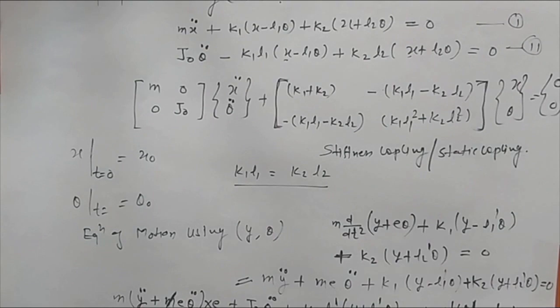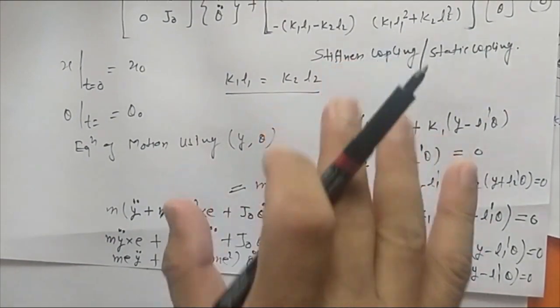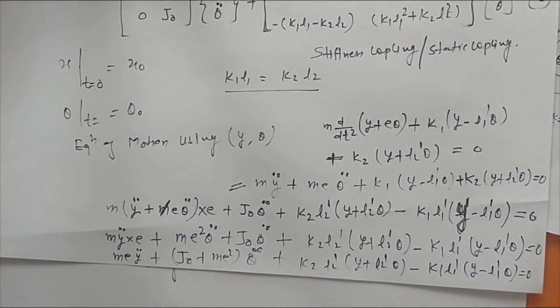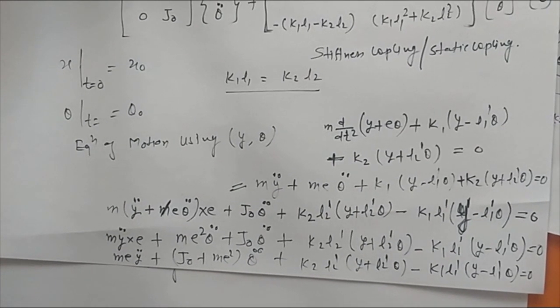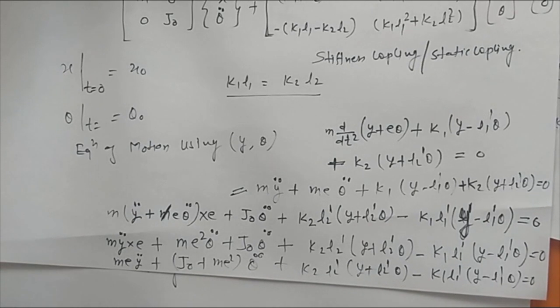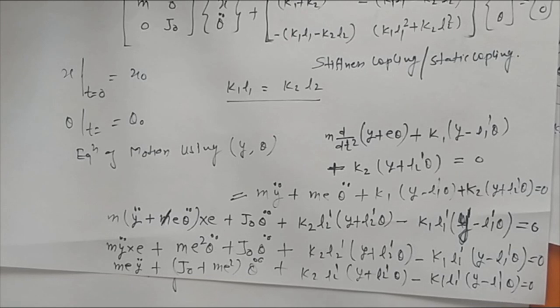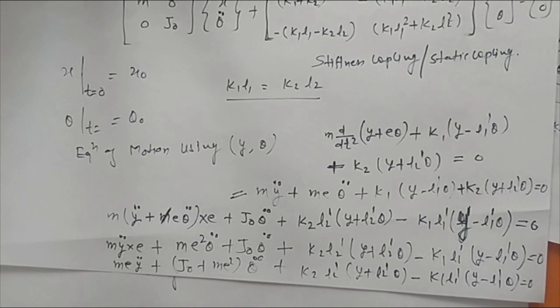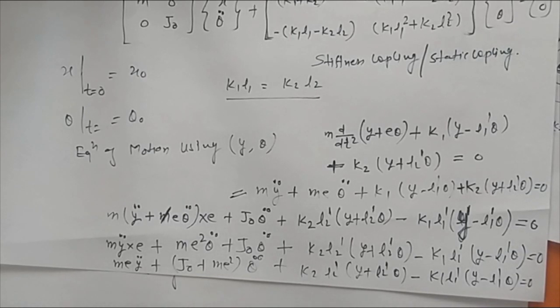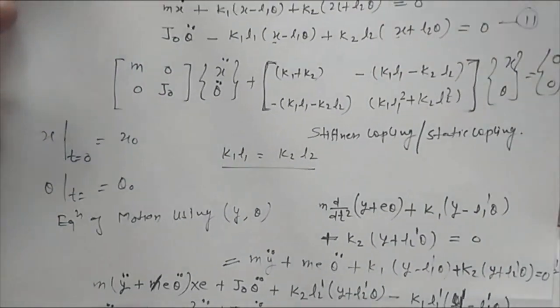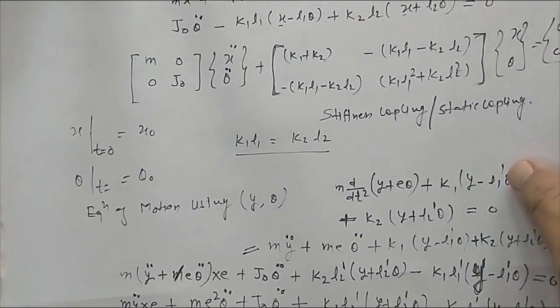So if coordinates are coupled, then if you are going to provide one type of initial displacement, that can be linear or rotational, because of that only one initial condition, there would be a creation of another degree of freedom. So if we provide the y, there would be a theta also, and if we provide the theta, then there would be a linear displacement y also, if the equations are coupled in y and theta. So this is the meaning of coupling.